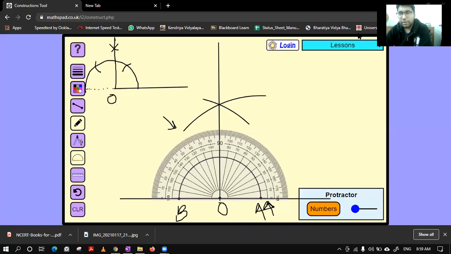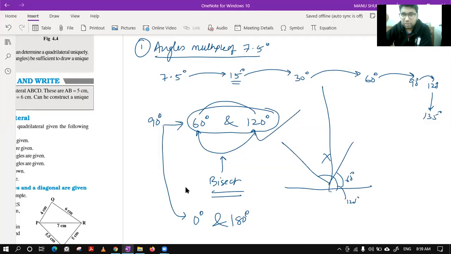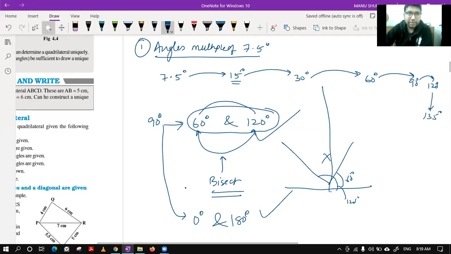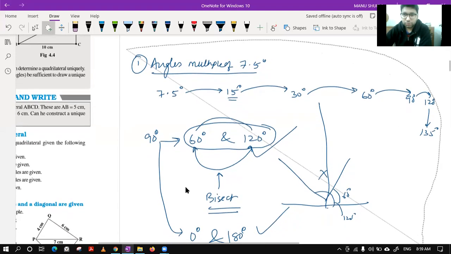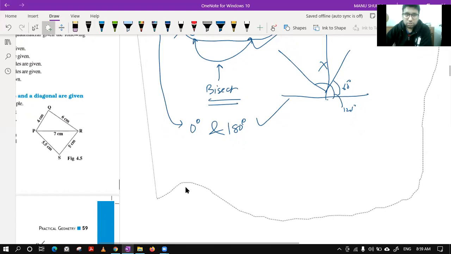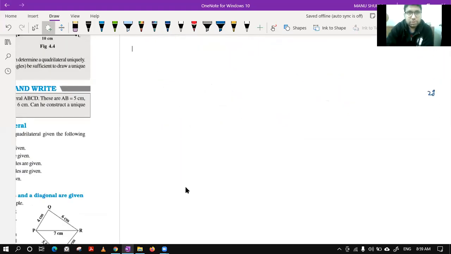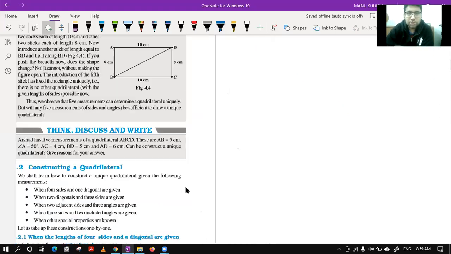Okay, now the next, similarly, let me show you the other cases. So we have learned that these both are able to make the same angle 90°. So let me show you one more thing. Just once again. So we have this second thing, the angle. Suppose I give you 135 degree. Suppose I give you angle 135 degree.